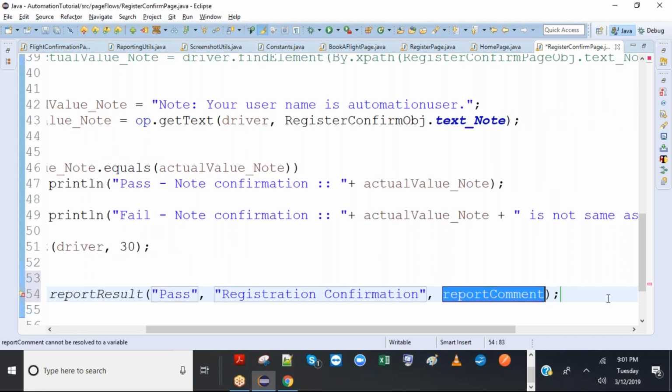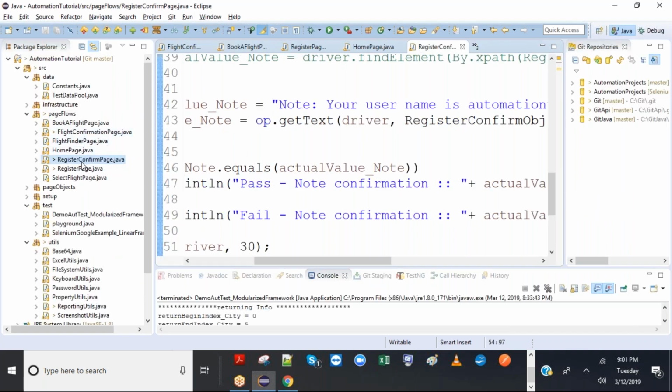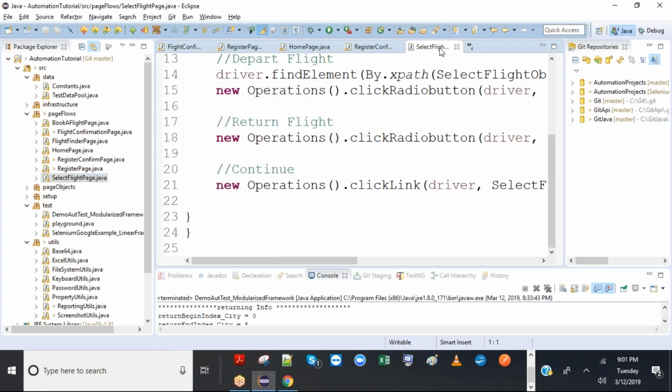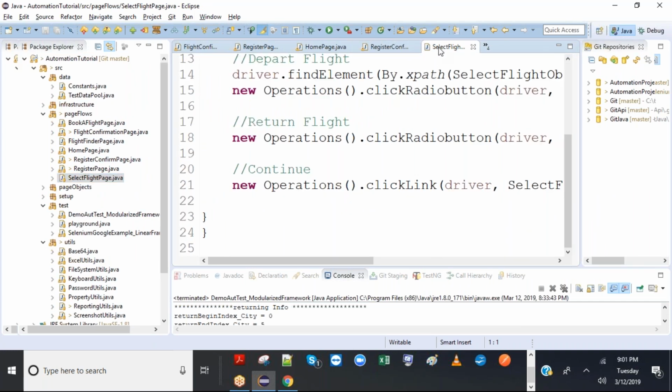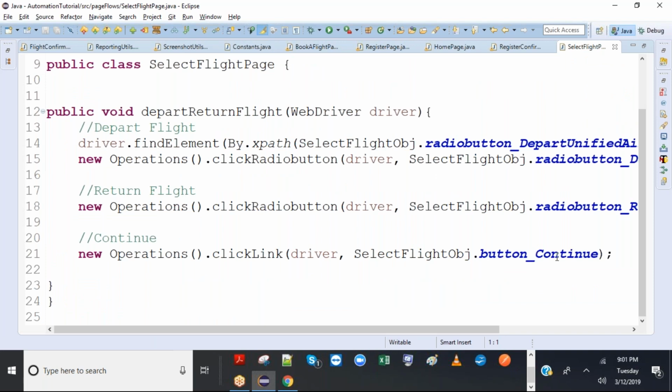After this, we went to select flight page or flight finder page, which one it was. Okay, so let's say select flight page. Wait, that's okay. We don't know that. So here, before clicking the continue button, I'm just putting it here.